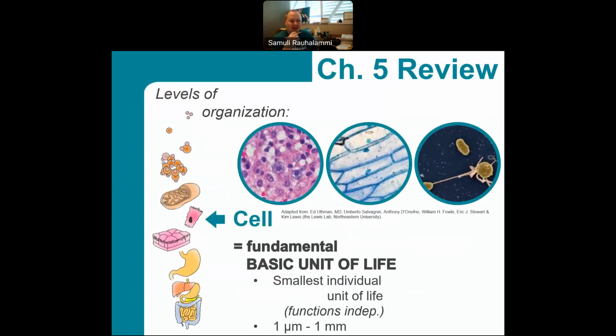So where I want to start is taking us back to what we saw, that the study of life, which is essentially biology, can be done at many different levels of organization. So we can look at the smallest of things. We can look at elements. These are the basic components that all things are made of. You can't really break down elements further with traditional chemical means without putting great effort into that. Obviously, we talked about the atoms. We do know that atoms have subatomic particles, but again, with traditional chemical means in a lab setting, atoms are as small as we go.